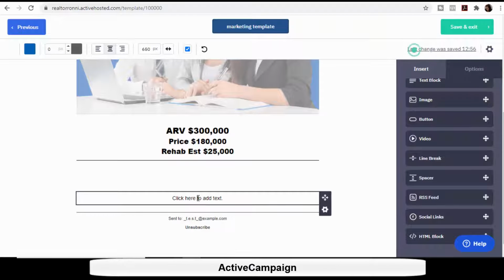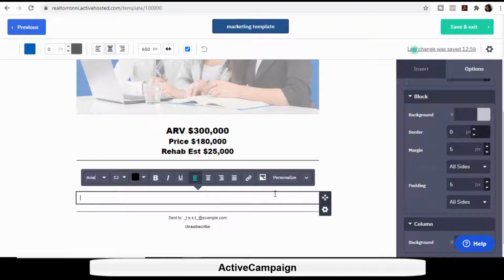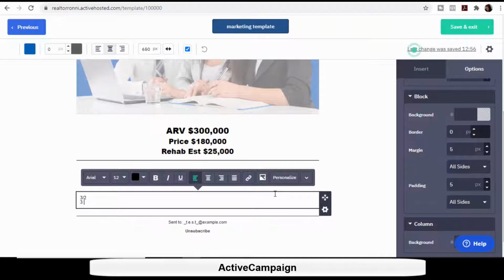There we go. Okay, so in this text box you can add the property information, 3-2, 3-car garage,